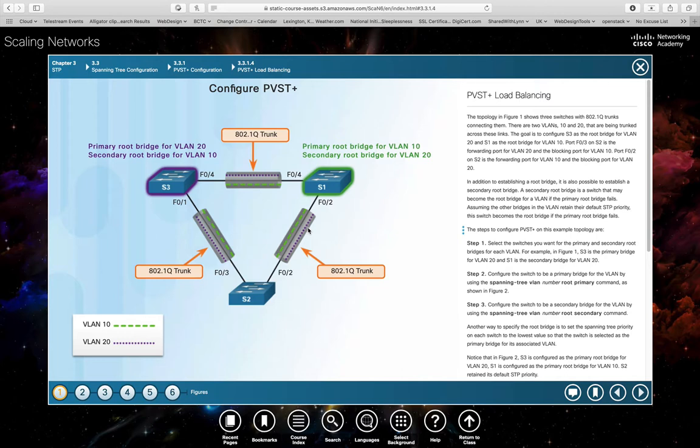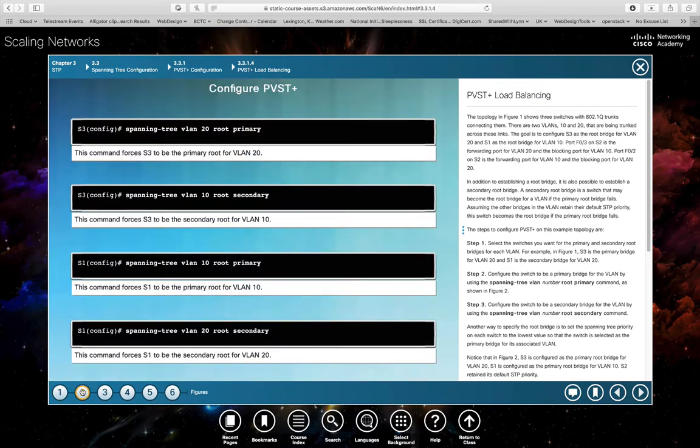So that distributes out the workload or the processing that is required of keeping track of the spanning tree protocol for multiple VLANs. So that's the discussion of this figure. If we go to figure 2, it's just going to show you the commands for root and secondary for both